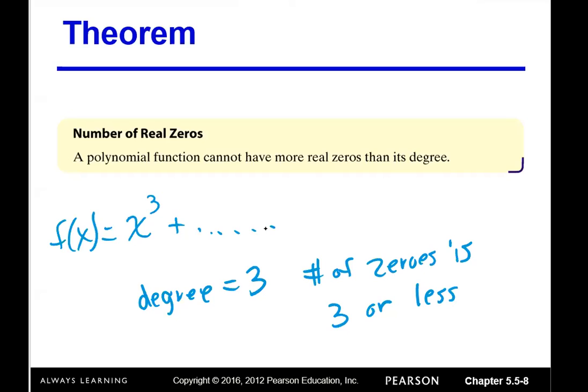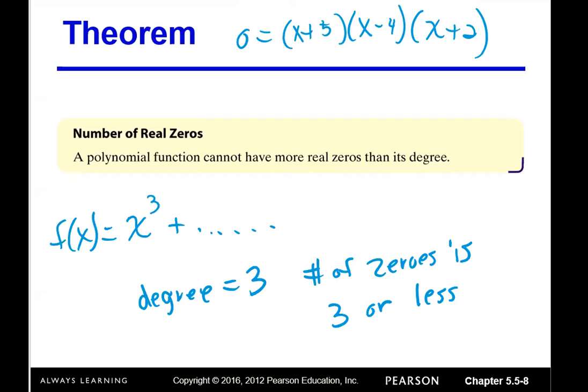So if I'm looking for the places where it's going to either touch or cross the x-axis, those are the zeros, because when you're on the x-axis, y equals 0. So if you had 0 is equal to x plus 5 times x minus 4 times x plus 2, because that's an x cubed right there,